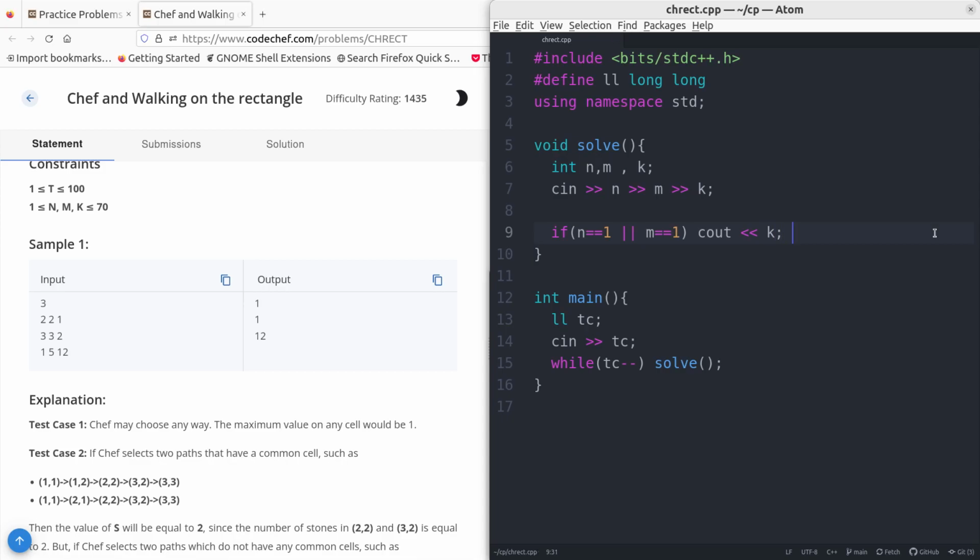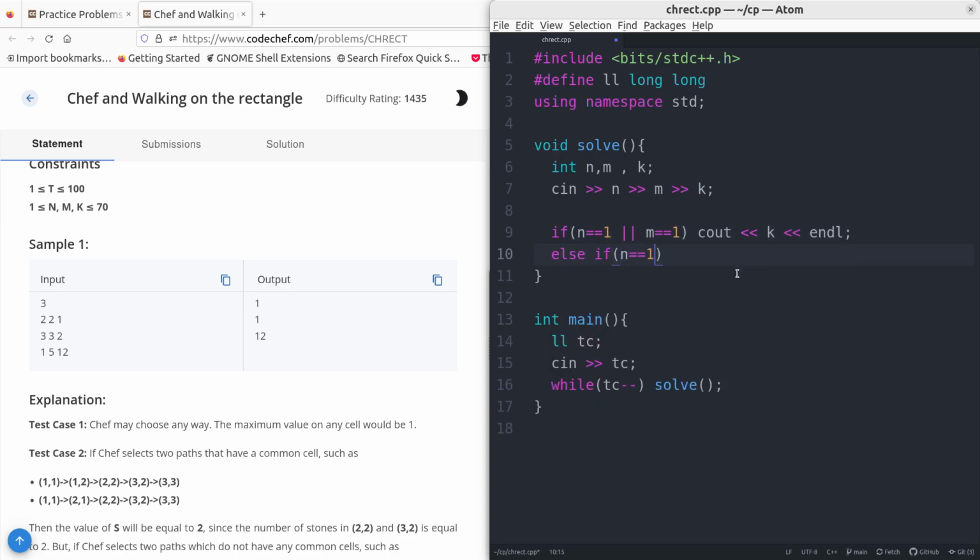If there is one row or one column, we'll just print those things, how many times you want to travel, k, as the smallest number of stones you can find actually. Let's say else if, we have one row,